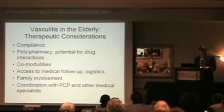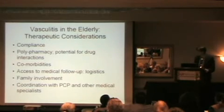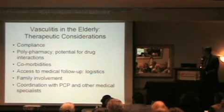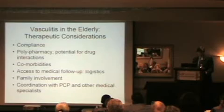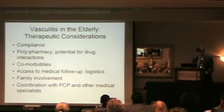Often there are financial issues. They might not have insurance that covers medicines, and they're just not mentioning it to people. So compliance becomes a big issue. Polypharmacy becomes a big issue, meaning the patient is on multiple medications. The 25-year-old with new vasculitis is coming into you likely on nothing. The 75-year-old coming in to see you with new vasculitis is almost certainly going to be on some medications for